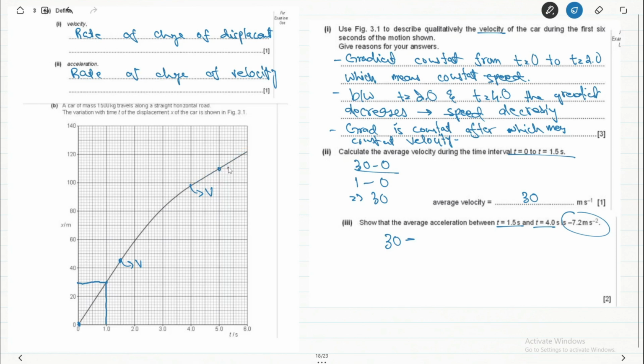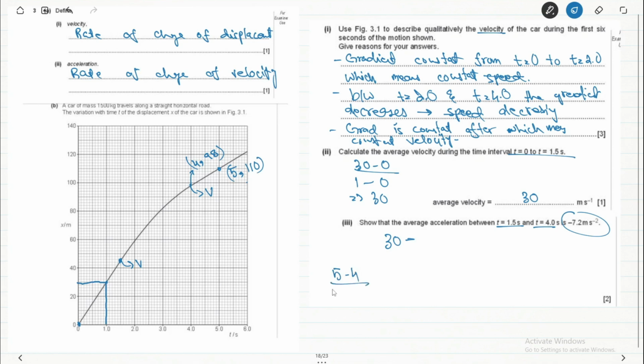The coordinates of this line are 1, 110.5, and the coordinates of this line are 4, 198. So the velocity here, let's just find the velocity here first, v2, which is 5 minus